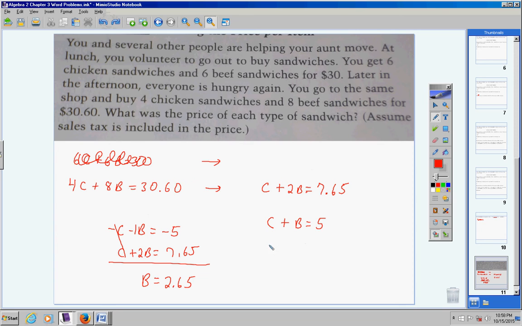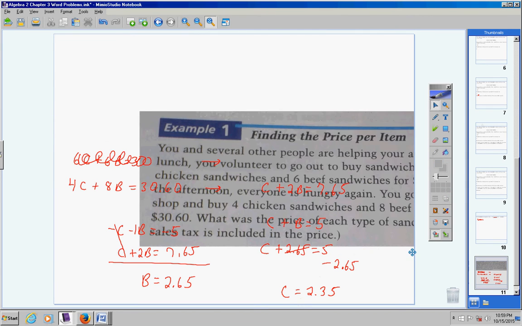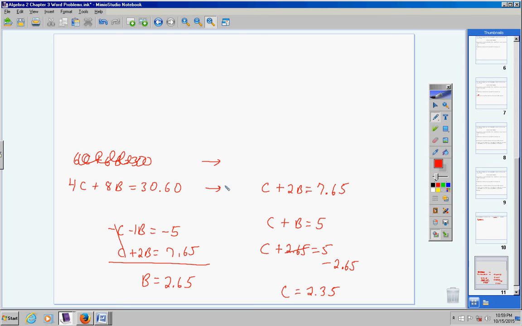Okay. I'm going to put it in right here. So C plus 2.65 equals 5. Bring the 2.65 over and make it a negative 2.65. And you're left with $2.35. Now, the best way to write your final answer, to be honest with you, would be like this right here. You want to be very classy, very professional, very sharp, so you would not leave your answer B and C. You would say, price of chicken